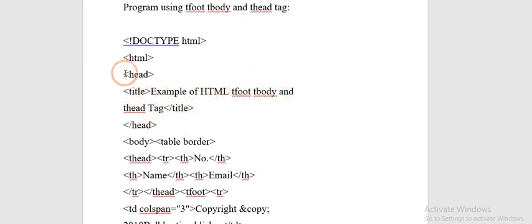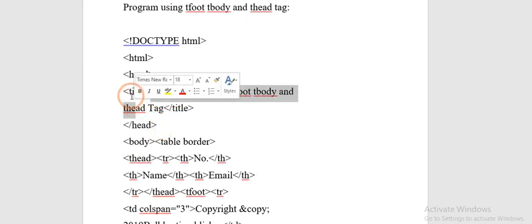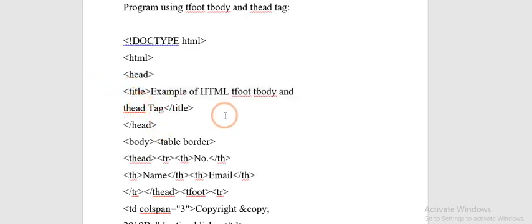So the title is used inside the head tag. Remember, every time the title is embedded inside the head tag. Once you have assigned the title, the title tag which is opened over here gets closed by using backslash title. Next, as the head section gets completed, the head tag which is opened over here gets closed by using backslash head. In this way the first section of our HTML, the head section, is completed.